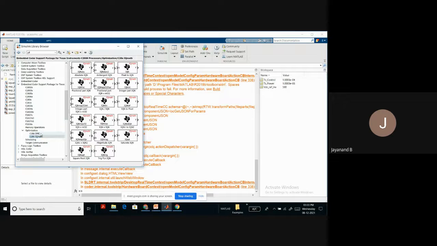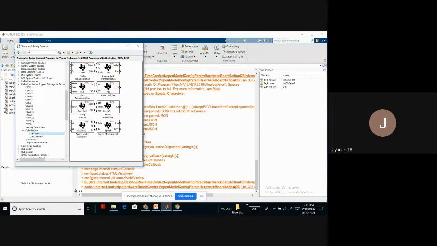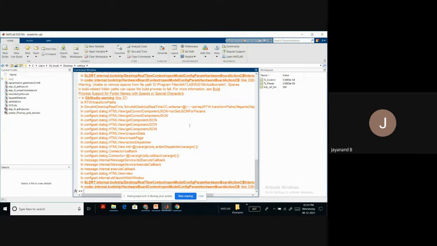Right? And there are specialized blocks for PID controller, class transformation, right? Space vector generator. If you require a space vector generator for controlling the inverter, then we need not code it. Just this optimized block is there. We can bring it. Right? So this is how, using the same program we create during the simulation process, we can create a hex code for real-time implementation.